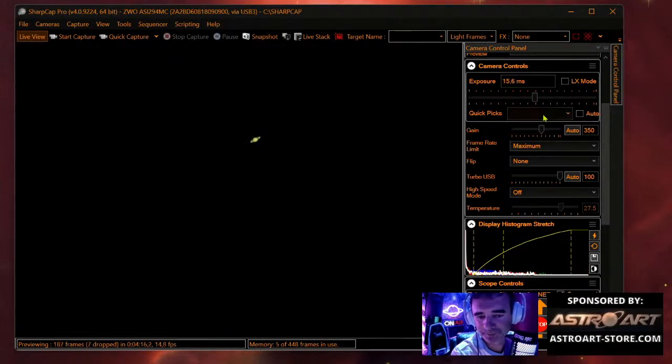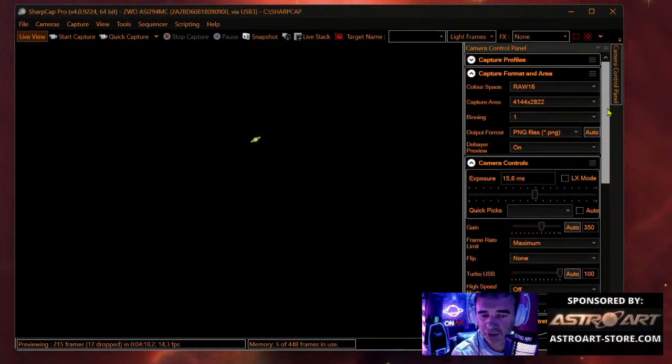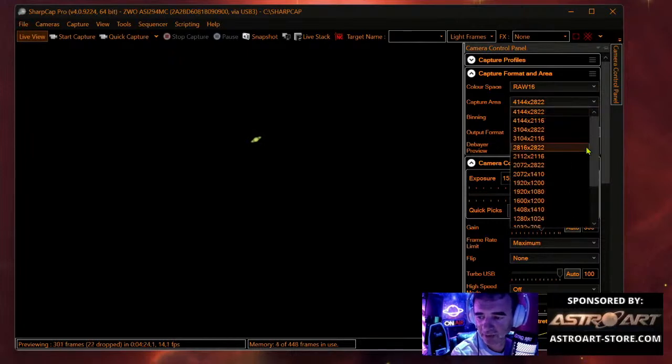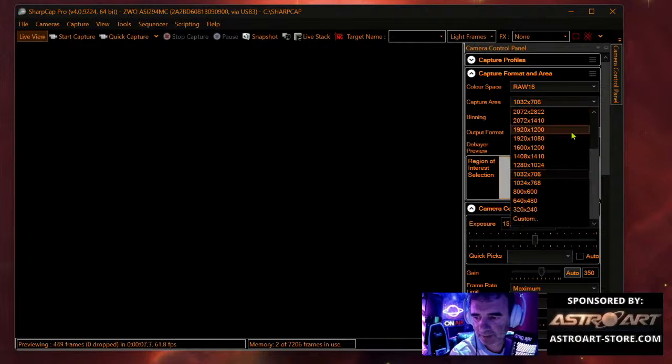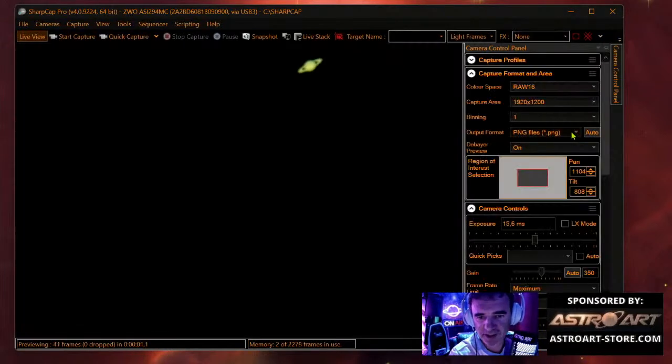Now, let's use the region of interest. Let's lower the capture area. It's out of sight. Let's increase the capture area.